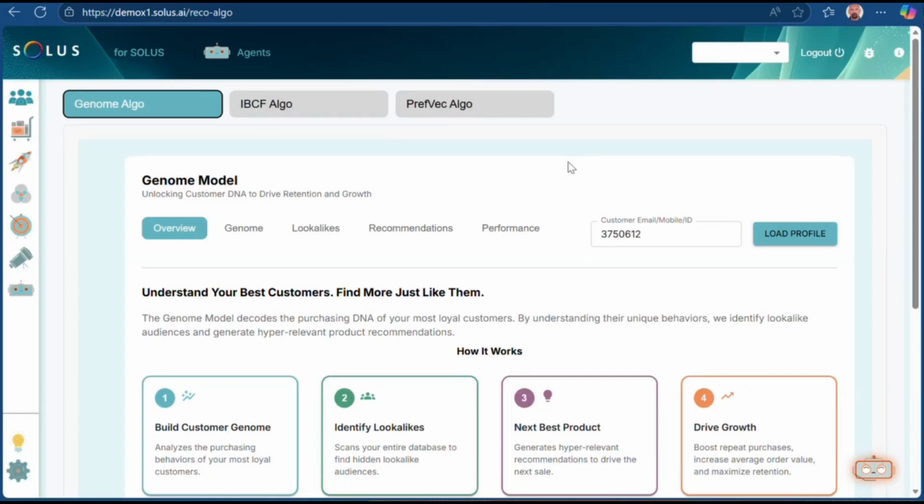Trending is very obvious. Trending is just what's popular. Now, I could break that down by demographics. I could break that down by a time period. So I could say, just before Diwali, what was popular during Diwali the previous year, or what was popular during the festive season the previous year. So I could have ways in which I could measure this. If there are seasonal purchases like winter wear and so on, I could say, same time last year what went on, and so on and so forth.